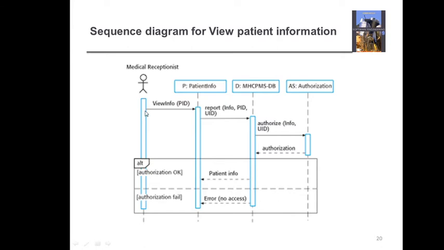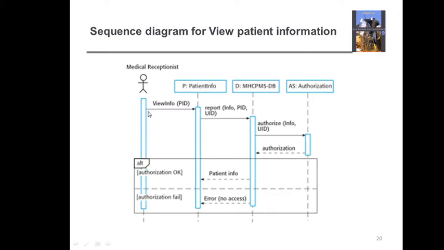You see that the actor sends a request here, so his involvement starts here. But the Patient Info class's involvement doesn't start here. Once it receives the request, then its involvement starts. Once the request is forwarded, then the database class gets involved. So the dotted line is the lifeline, while this rectangular bar is the timeline, the time for which the particular user is getting involved here.